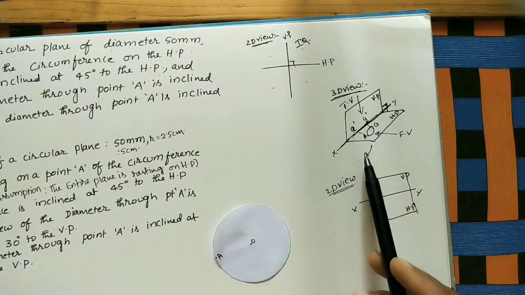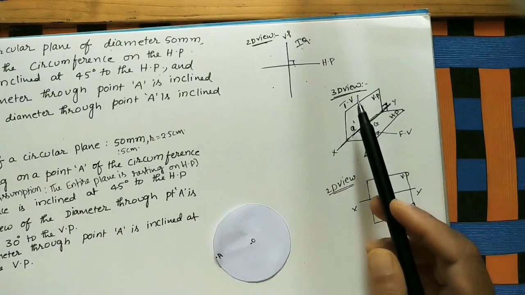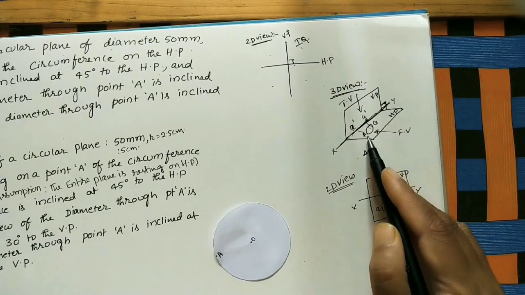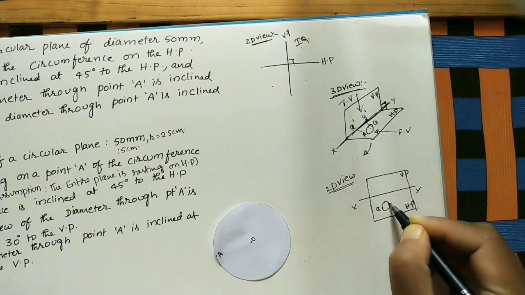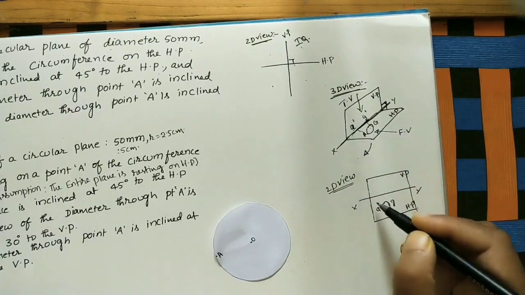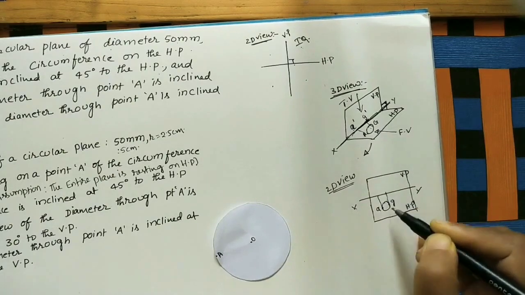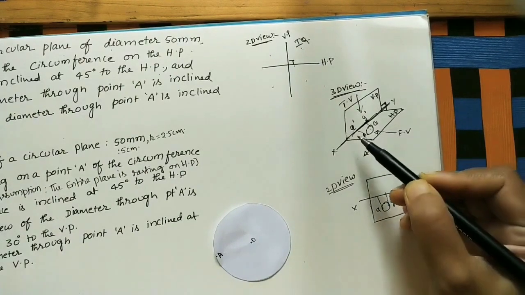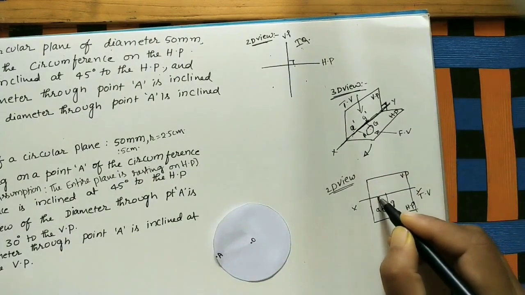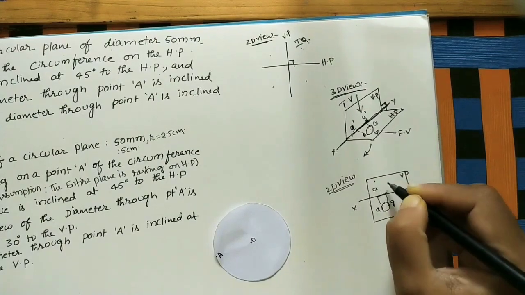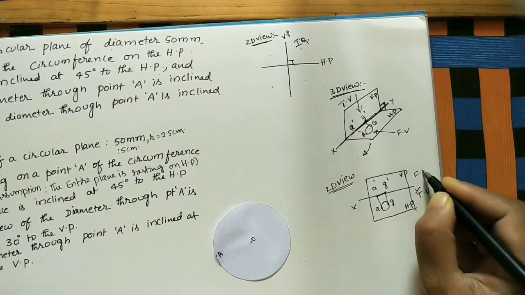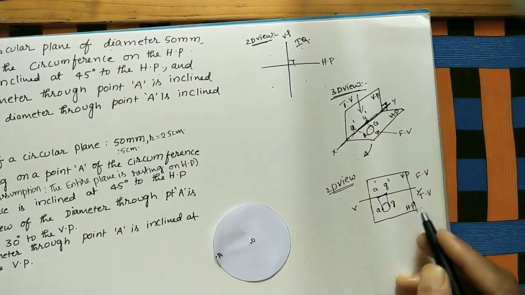In this 2D view, we have to mark the front view and top view. Initially, do the view in which we can see the entire plane. In the top view we can see the entire circle. That's why initially do the top view like this. In the top view we give small letter a, and let us take the opposite point as g. Do the projector lines at these points. This is the top view here. The top view we can see on the horizontal plane. The front view we can see on the XY line. So at the same points, A dash G dash, this view is the front view. The front view we can see in the vertical plane, the top view in the horizontal plane. This is the 2D view.